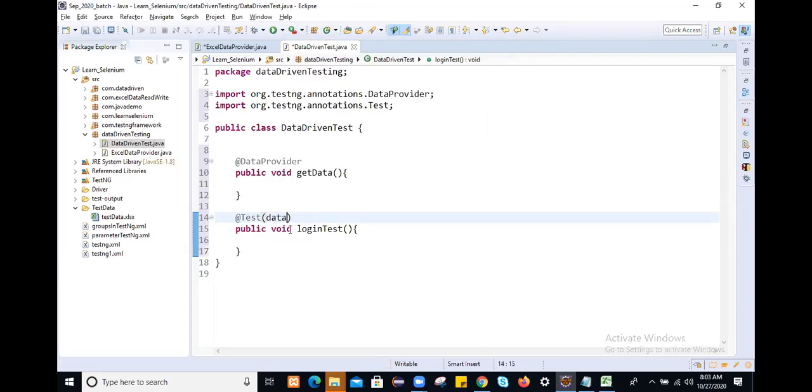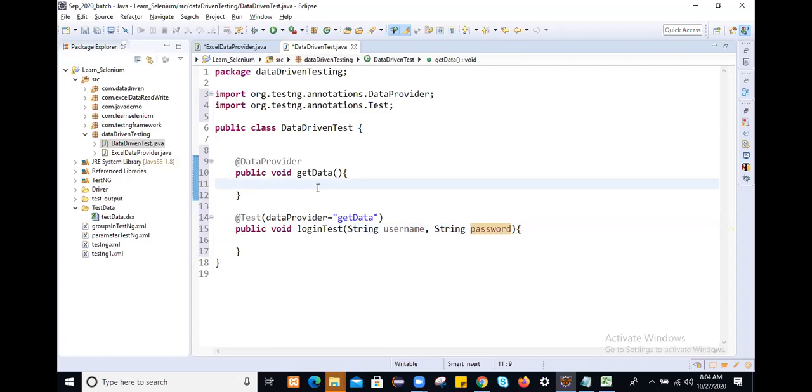And dataProvider whose name equals testData, like getData. So this is the method providing the data. String username and String password, 2 parameters it's retrieving.